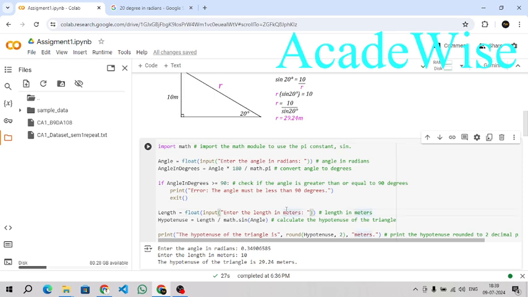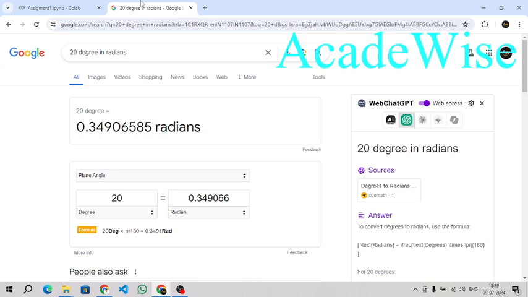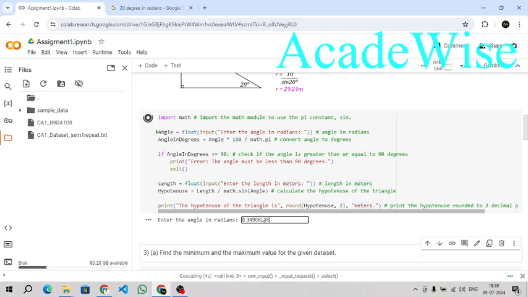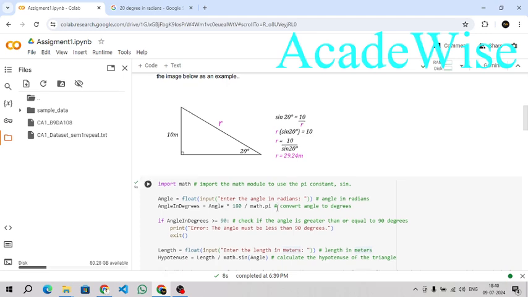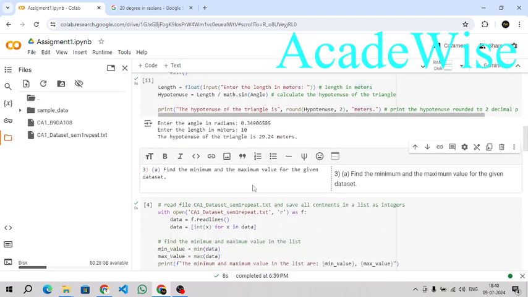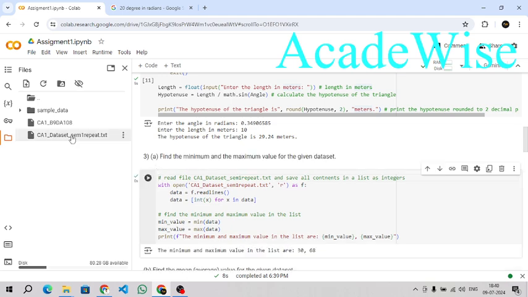So running this one, we would first give this properly, copy this one, and that's it, and then 10 meter, and it would just simply show the 29.24 exact answer. That's it. Now coming into the third one, they have provided us a file, that is CA dataset semester1